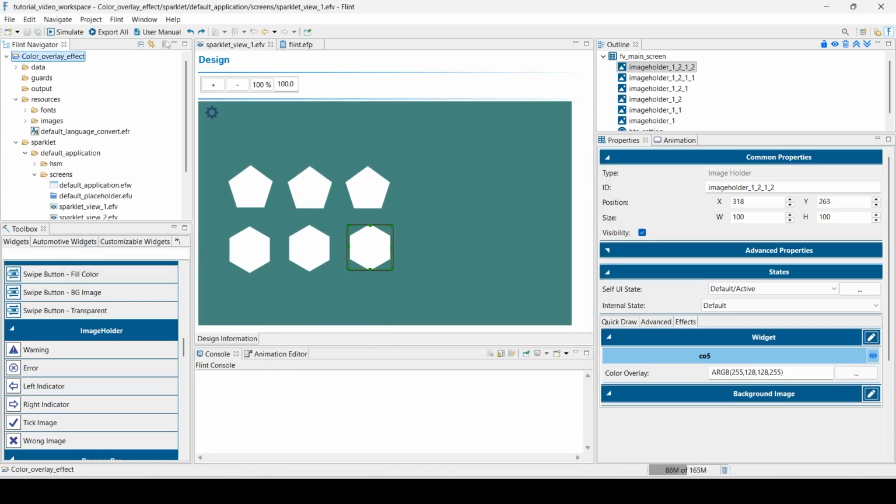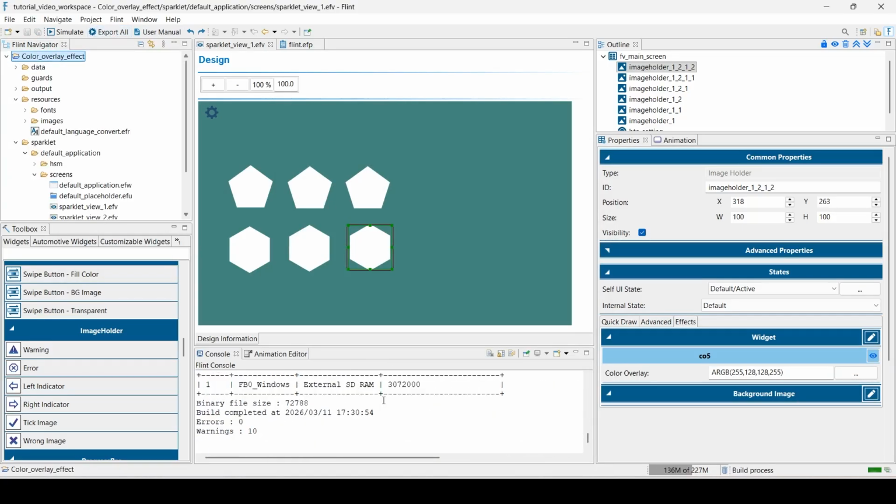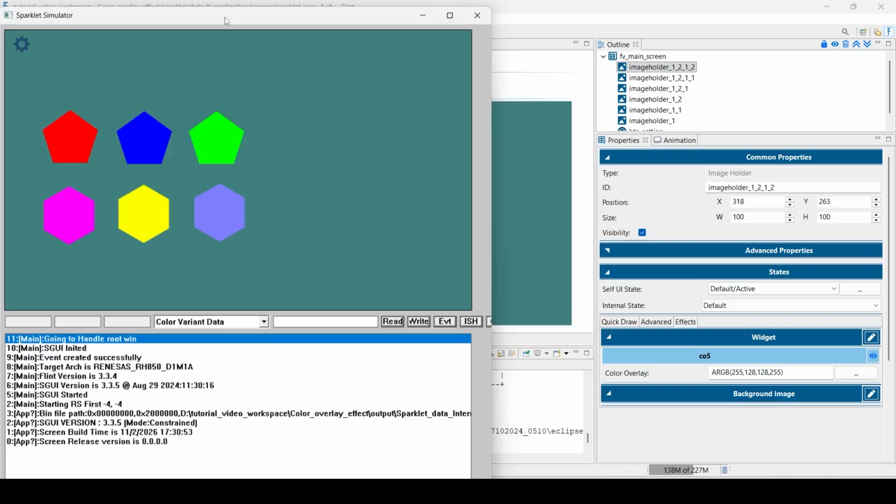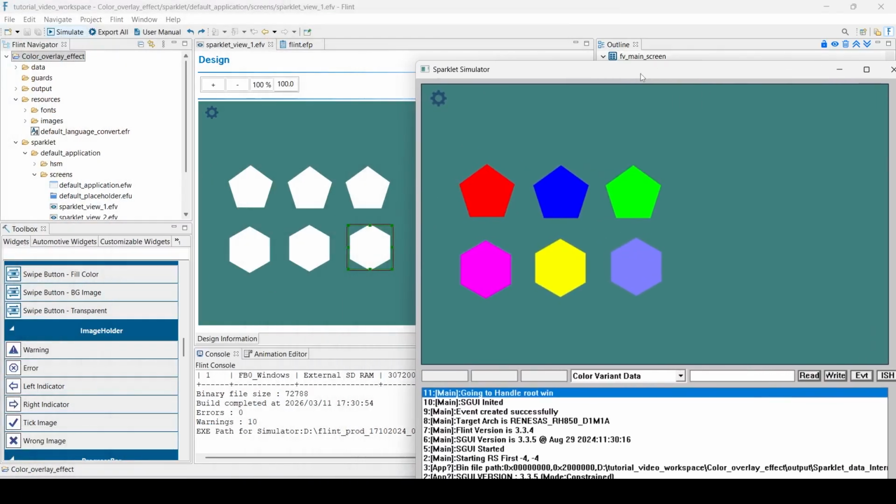Save the project and click Export All. And run the simulation. And that's how you apply the color overlay effect in Flint UI Designer to change image